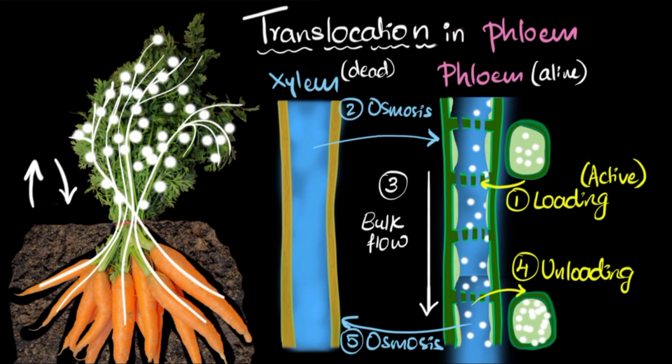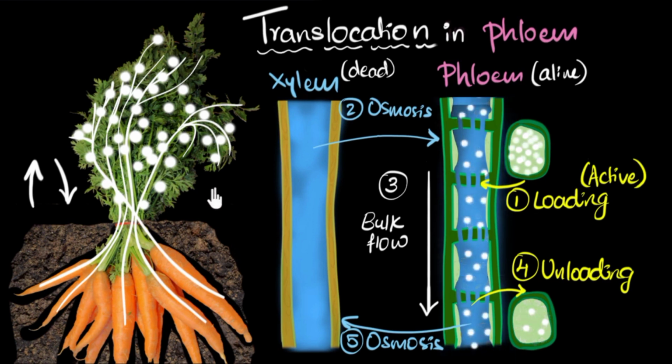So let's quickly summarize. What did we learn in this video? We saw that plants and trees can move the food up or down based on their requirement, and we call this translocation. And this happens inside the phloem tissues. And how do these sugars go from one place to another? Well, in the first step, we have loading, where the sugars get loaded actively into the phloem tubes, and this requires energy. That's why it's called an active process, and that's why these cells need to stay alive. And in doing so, because the concentration over here has increased, water starts flowing from xylem into the phloem to try and decrease that